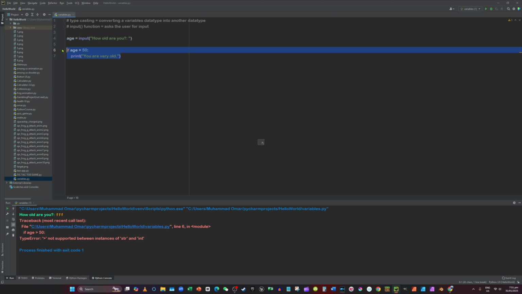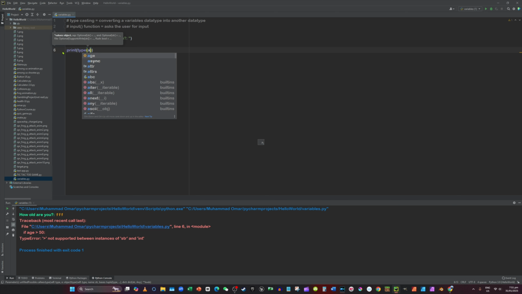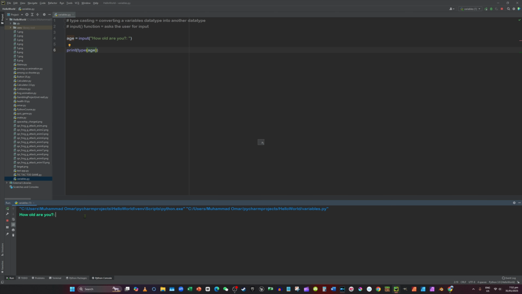To prove that, I will do print type age. You just type in a number. See, it says class string. So this may look like an integer, it should be an integer, but it's a string because it's from the input. Now, what if you want to change the input into an integer so you can do other stuff? Basically you go age equals